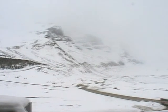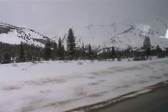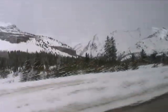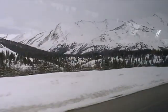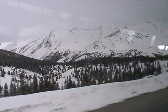I think he said we're about 9,000 feet up, so about the same height as Whistler Mountain that we were up yesterday. And over the top of Parker's Ridge and down below would be the Saskatchewan Glacier. And the Saskatchewan Glacier is the headwaters for the North Saskatchewan River system. Now on the west side of the Continental Divide,